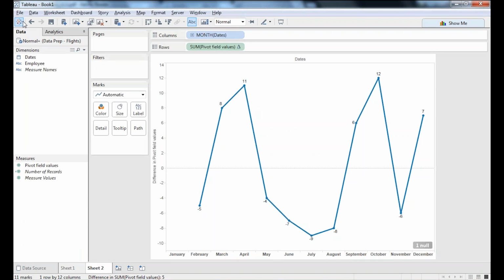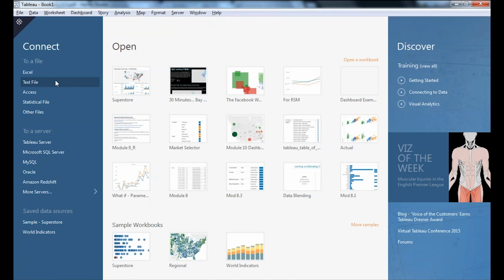So first I'll go to this toggle button, which is again a new feature in Tableau 9. Okay. So this allows you to toggle between the home screen and your Tableau. Okay, so this is your home page, and what I want to tell you about it is, first, the left hand side. Let's see it. Okay, so the left hand side, as you would have guessed by now, is to connect to your data sources. Okay,